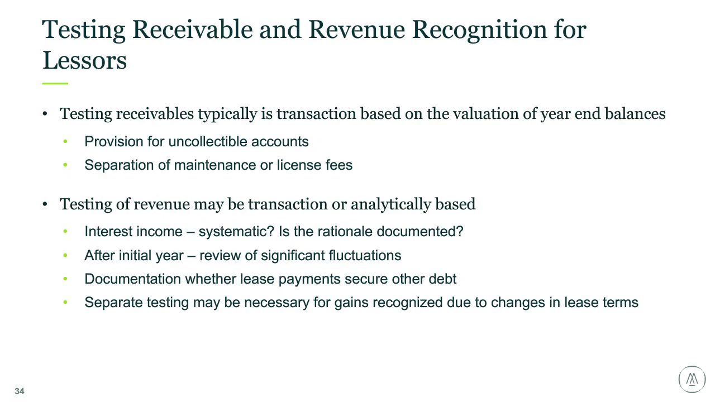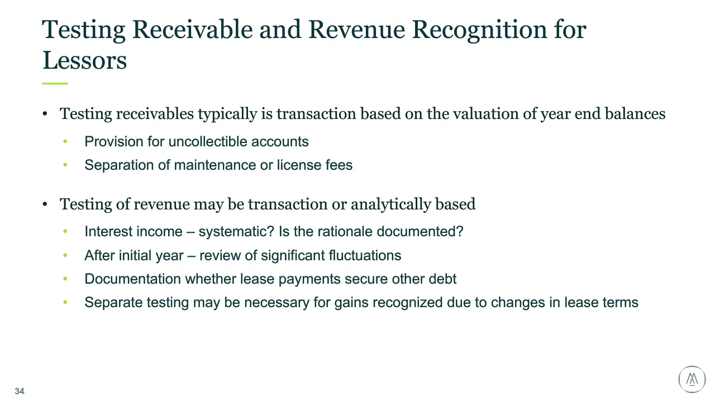So like any other receivable, there needs to be a determination if an allowance is necessary based on history of other lease arrangements, so begin gathering that data now. In terms of maintenance and service agreements, those should be accounted for separately unless the contract does not include prices for separate components. In terms of testing the revenue, that may be transaction or analytically based, and some questions or